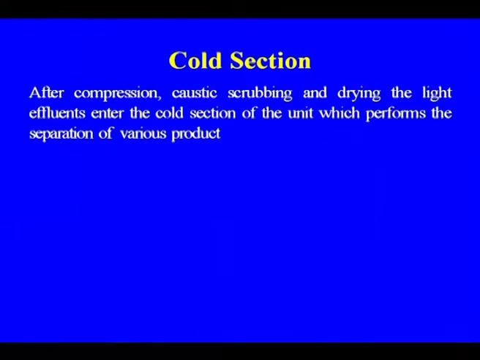Now, let us come to the cold section of the cracker plant, because that is one of the important sections where the various products which you are getting from the hot section of the furnace have to be separated, especially ethylene and propylene, and the C4 compounds also. So, after compression, caustic scrubbing and drying, the light effluent from the hot section enters the cold section of the unit, which performs the separation of the various products. Here refrigeration is there, and ethane and propane are used for maintaining the lower